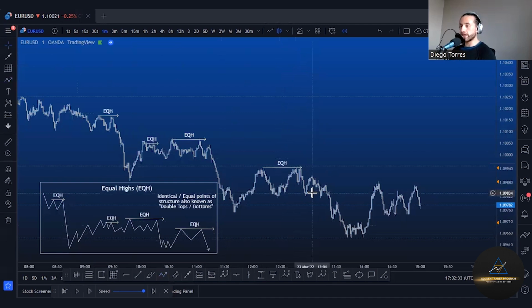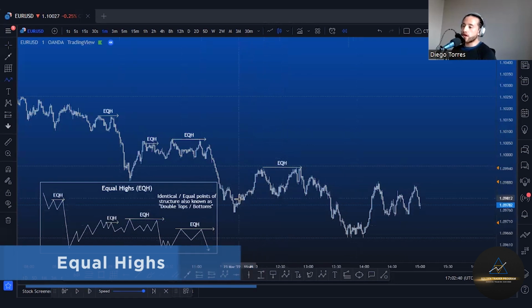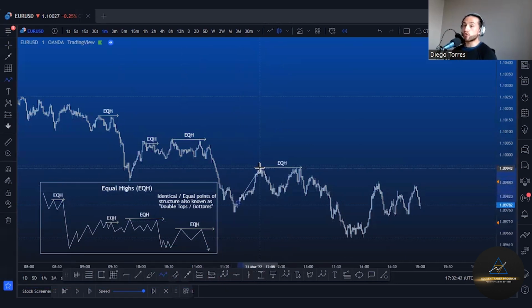Equal highs, EQH. So what is equal highs? Initially, it's just liquidity. So for example, if you're taking this double top, which is what retail view it as, it's a double top. They've taken a trade, they've sold the market on the way down. Okay, cool, fine, they've made money, right? The way we trade equal highs, quote, double tops, is if we're buying the market at this particular area, a